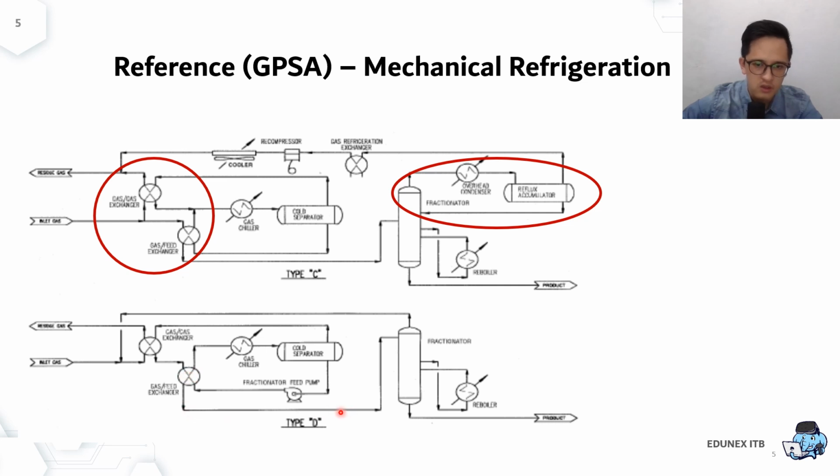and then the unstabilized condensate is sent to the condensate stabilizer column again to get the stabilized condensate, because it's already at high pressure because of those pumps. Now we get a high pressure condensate, and the top of the fractionator is also at high pressure, so we don't need a compressor over here. Again, this may be limited for some specific application.